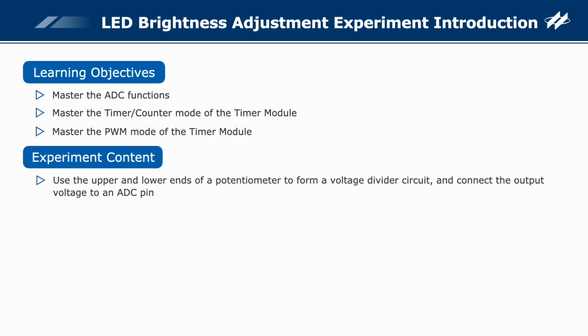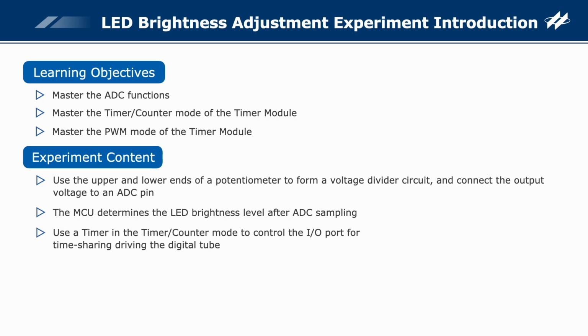Use the upper and lower ends of a potentiometer to form a voltage divider circuit, and connect the output voltage to an ADC pin. The MCU determines the LED brightness level after ADC sampling. Use a timer in the timer, counter mode to control the I/O port to time-sharing drive the digital tube. Use a timer in the PWM mode to modify the PWM duty cycle according to the brightness level, thereby adjusting